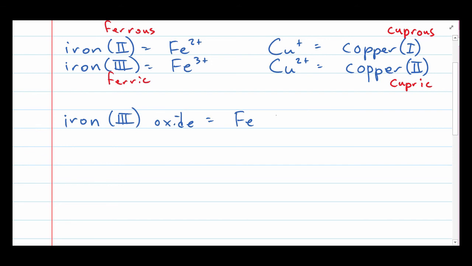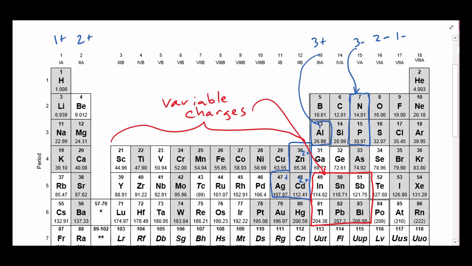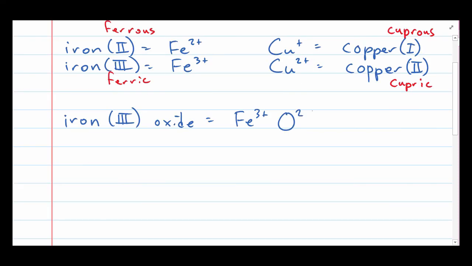And that's going to be Fe. The Roman numeral 3 tells us the charge is 3 positive. Oxide will be one that we determine based on its position in the periodic table. So here we see oxygen, so its charge there would be 2 negative. So if we have a 3 positive and a 2 negative, we now would like to balance the